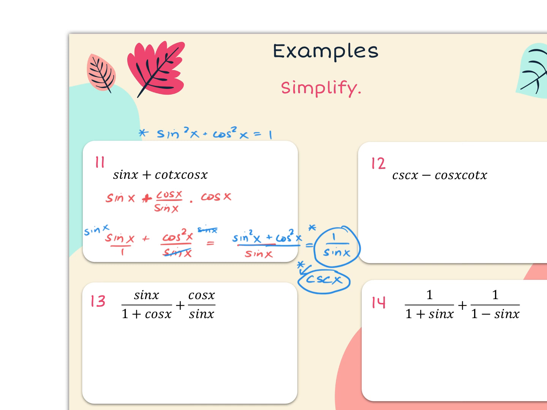How far do you go? Do you end at 1 over sine? Do you end at cosecant? Well, that's going to depend on the problem in the future that you're given. Like I said, when you're really doing these, the problem will tell you where to stop. Okay, it'll make more sense once we get to 7.2. Okay,